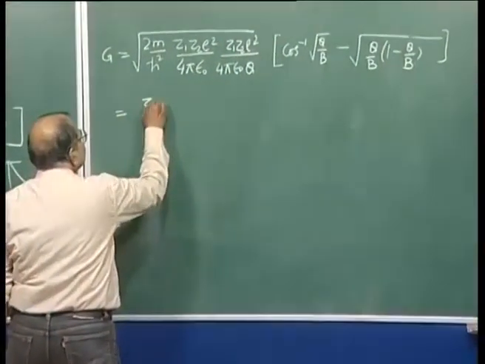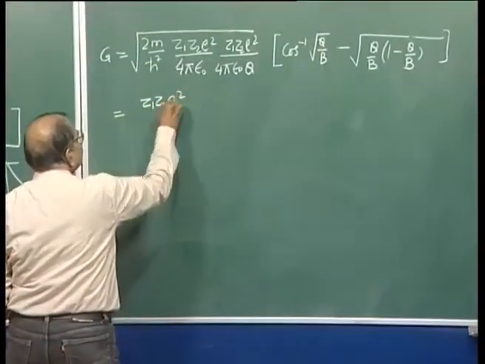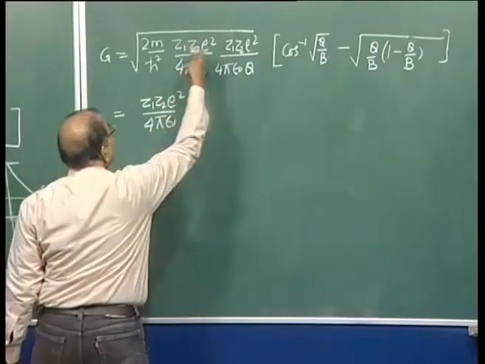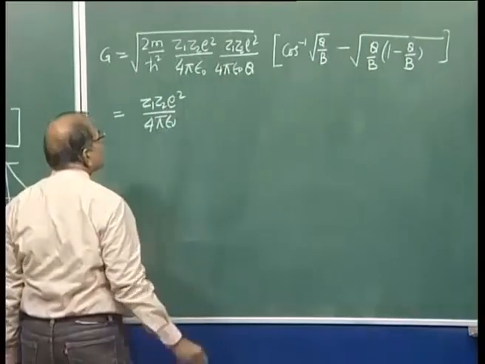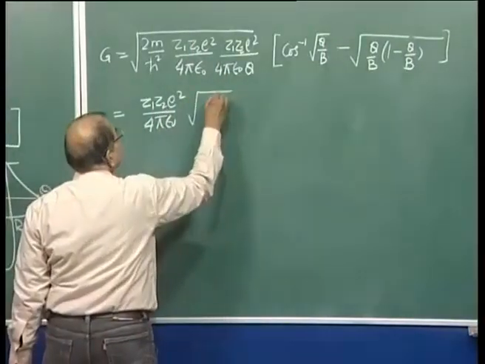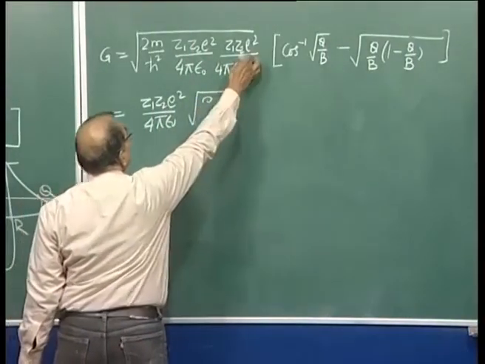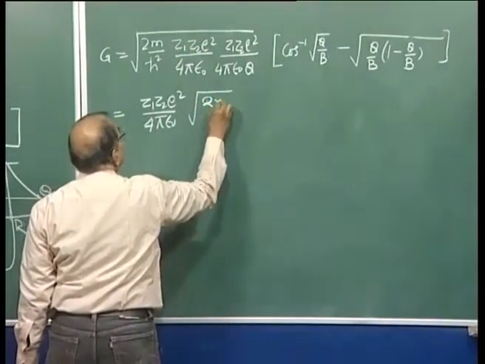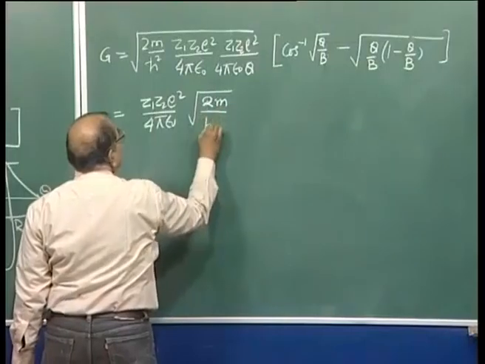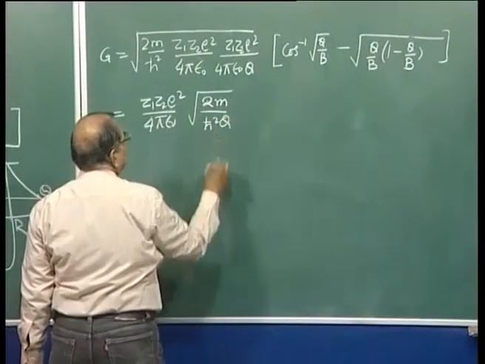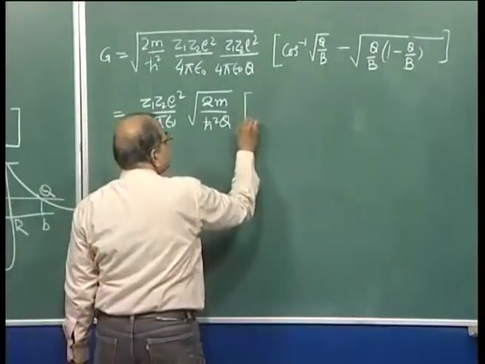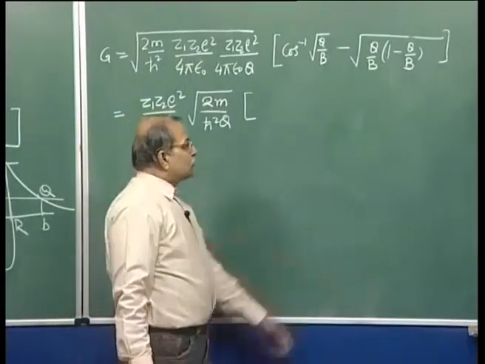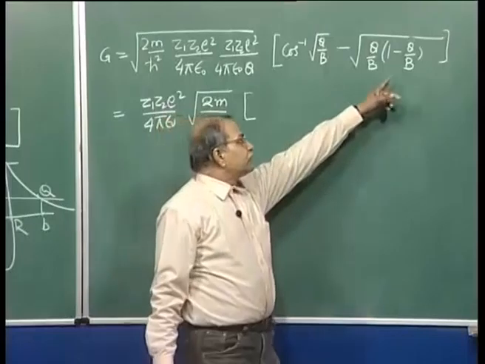So, it is Z1 Z2 e square by 4 pi epsilon naught, that you have double of that. So, square root can come out, and here then you have e, this e square is already gone. So, you have 2m, this 2m by h cross square and Q, and this side. Now, you can make further approximations if you so wish, because Q, this capital Q